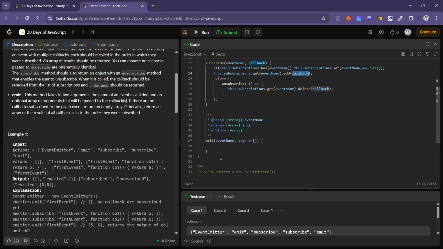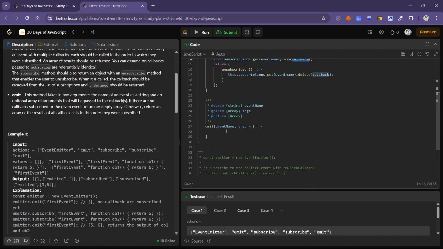Okay, now the other method is emit. So whenever someone tries to emit this event, we have to call all the registered callbacks. So first we'll store all the results in an array. Now for all the events that are registered, we have to call them one by one and return the result. So for constant callback of